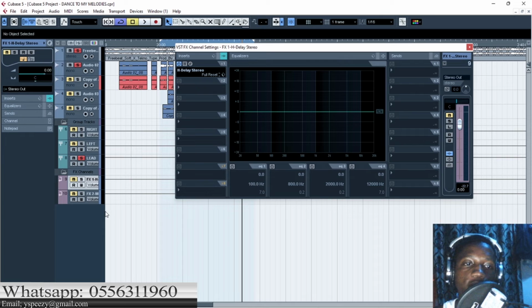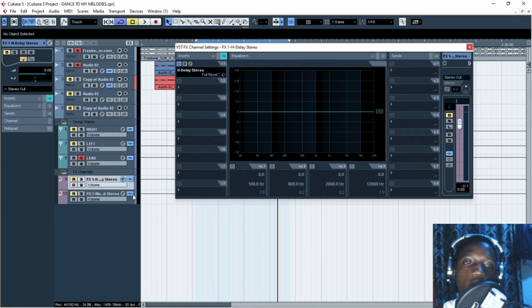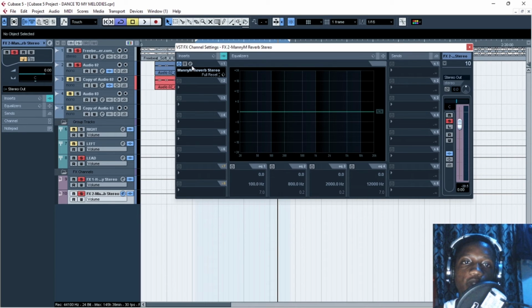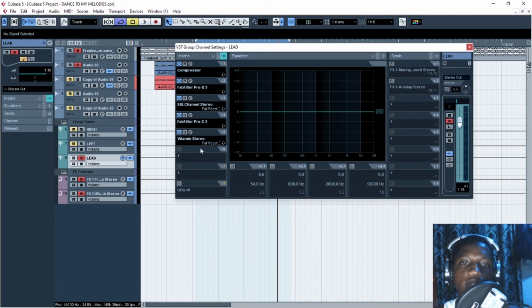So the first effect that I added was what? Reverb. Let me show you. This reverb is from Waves, the Money My Queen. Okay, it's from reverb, and with an afrobeat track, normally it's good to use the plate, okay, so that the vocal doesn't compete with the percussions, okay. So I use this plate, then I send it to the lead track, okay,